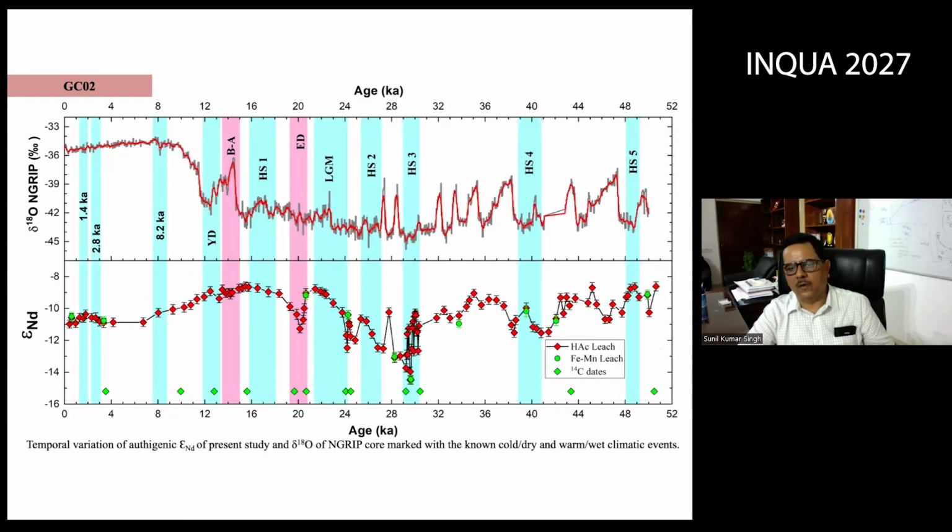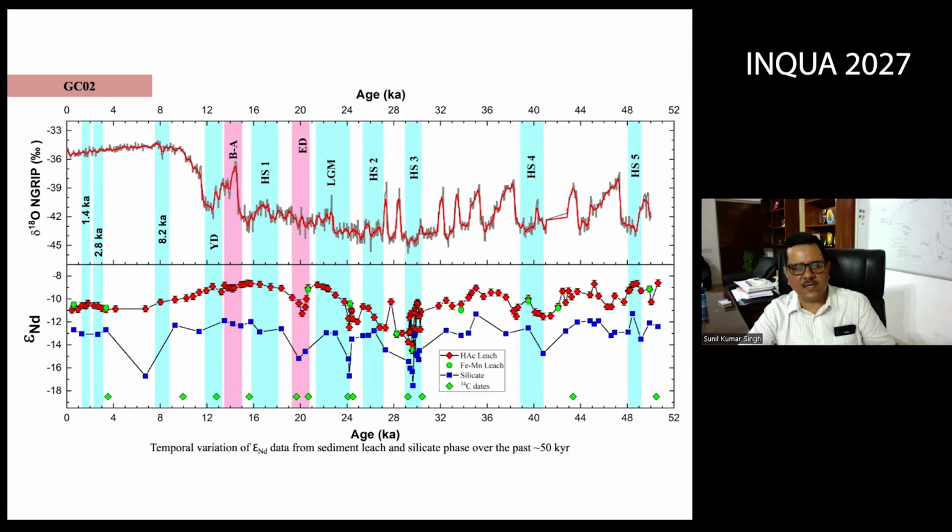So this is the whole isotopic composition you can see of this core, and you can see it is varying significantly. And it is varying from -8 to -14, -15, significantly lower compared to what different water masses shows. And this has been compared with the silicate phase of the sediment in that area. And you can see that the variation which we have seen with the different climatic zone or climatic events, both water neodymium and silicate neodymium is almost going hand in hand. Of course, a little bit